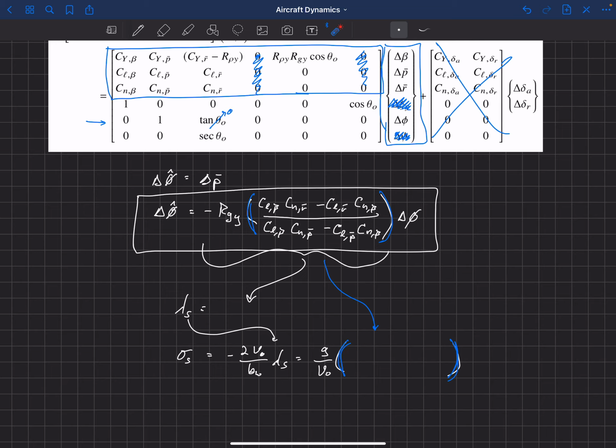If your spiral mode is currently divergent and you want it to be convergent, then you look in here to change the sign, because the sign tells us whether it's convergent or divergent, and so it depends on the relative magnitude of the parameters inside of here. You can play around with that a bit to make it more convergent, or if it's too convergent and you want it to loosen up, you can make it more divergent. So anyway, this is the closed form approximation for the spiral mode.